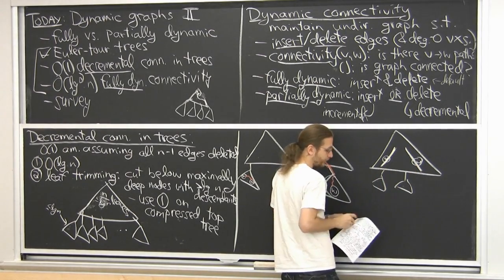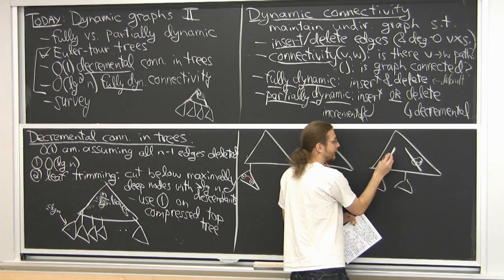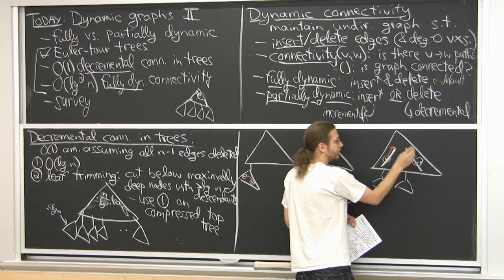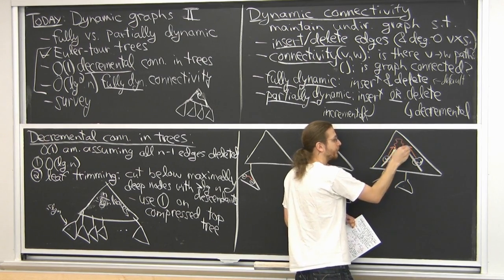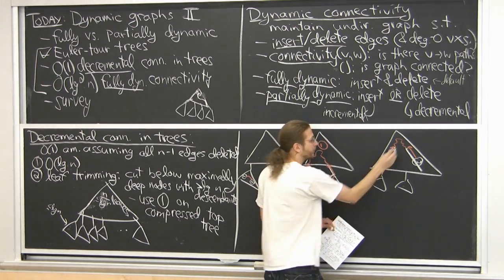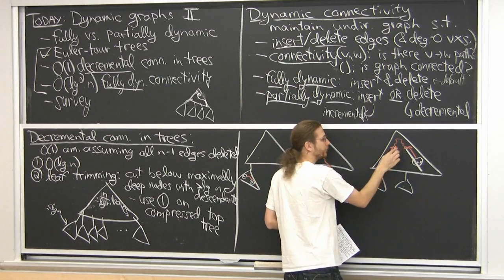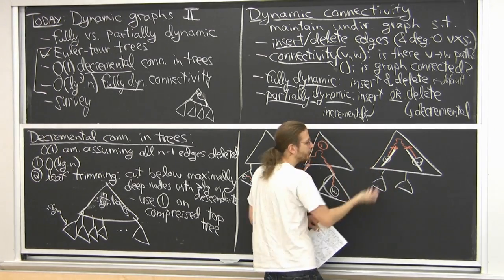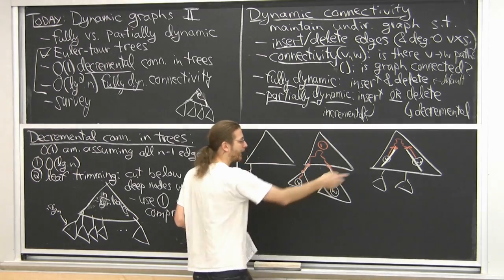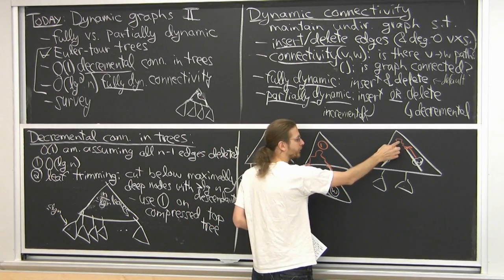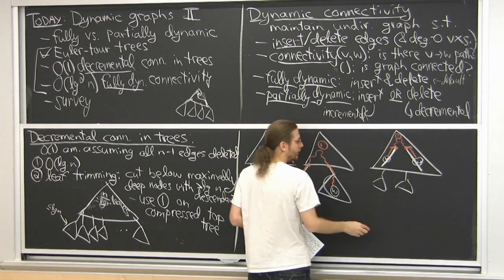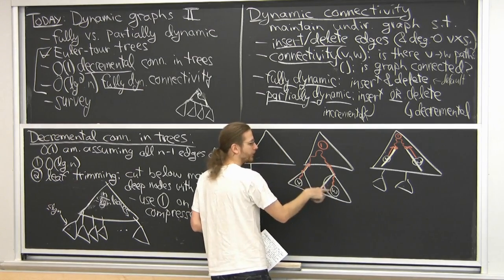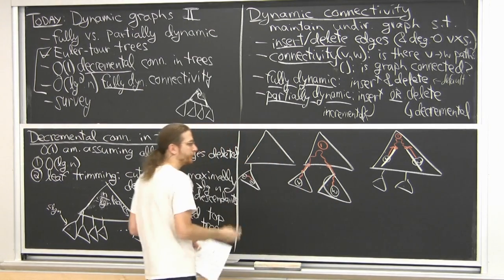And so there's now 3 queries we need to do. One is, can I get to the top of my path? And then can I get from one path to the other? So these are branching nodes here. And can I get from this branching node to that branching node? It might not always be going up. Sometimes you have to go down. But the point is a constant number of queries to path structures, to compressed structures. This is, again, the 1 structure. And a constant number of calls to a bottom structure will suffice to answer the query.